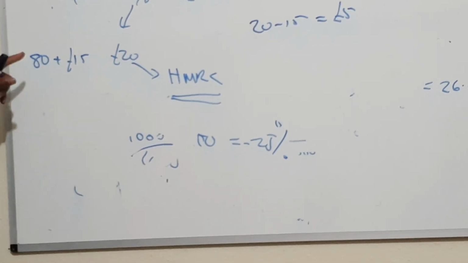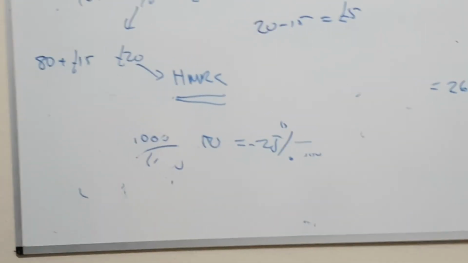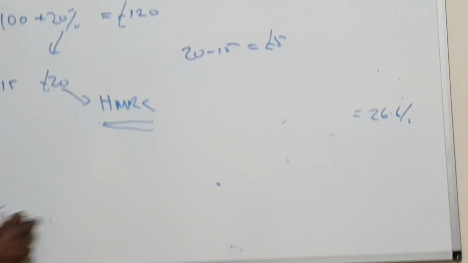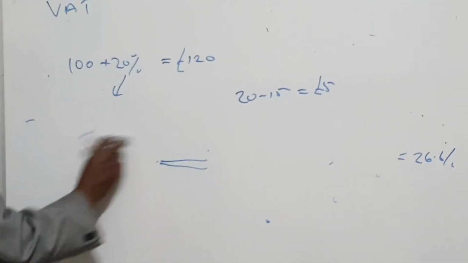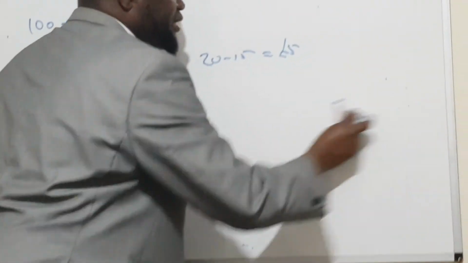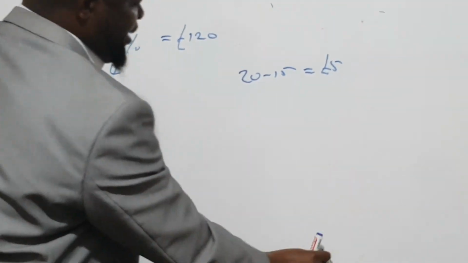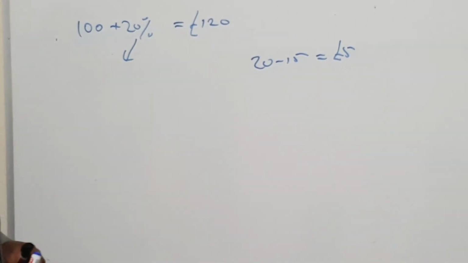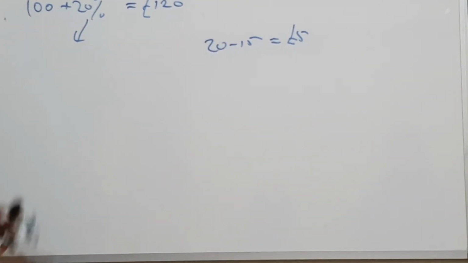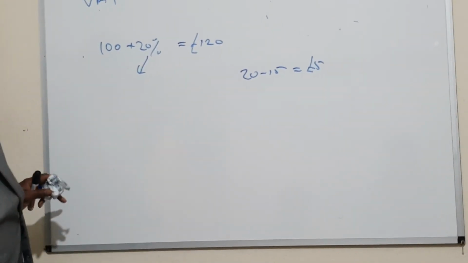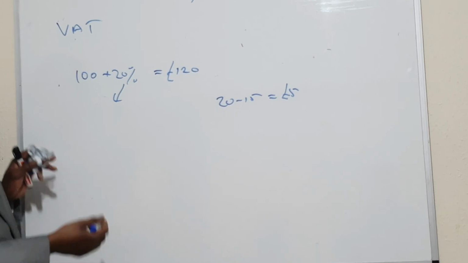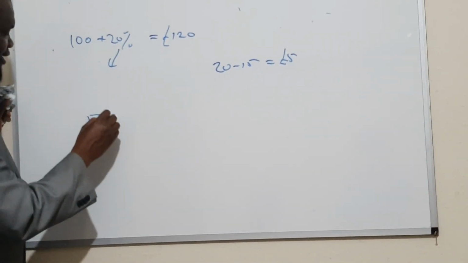So that's what's called VAT, value added tax. The British are very clever. Instead of charging you tax directly, they put the tax on the goods and you pay that. Do you understand? That is called VAT, and it comes in the exam, so you must be ready for it. There are just two things you have to know. The price they give you, is VAT included or not? If they say this is the price he paid,